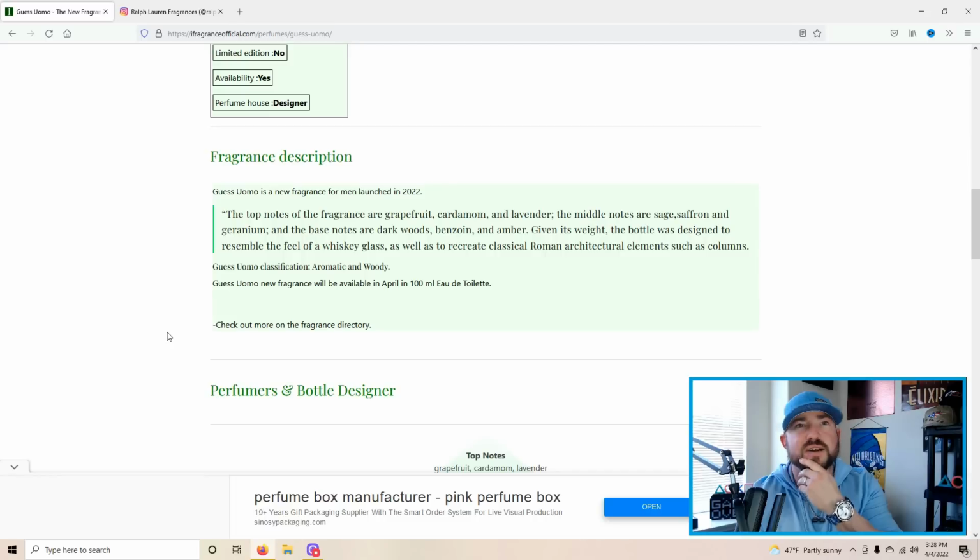The bottle was designed to feel like a whiskey glass, as well as to recreate classical Roman architectural elements such as columns. This is actually one of the few Guess fragrances to get excited about, I guess. It could be a major disappointment, and it's not one that I would say rush out and buy retail. I would say